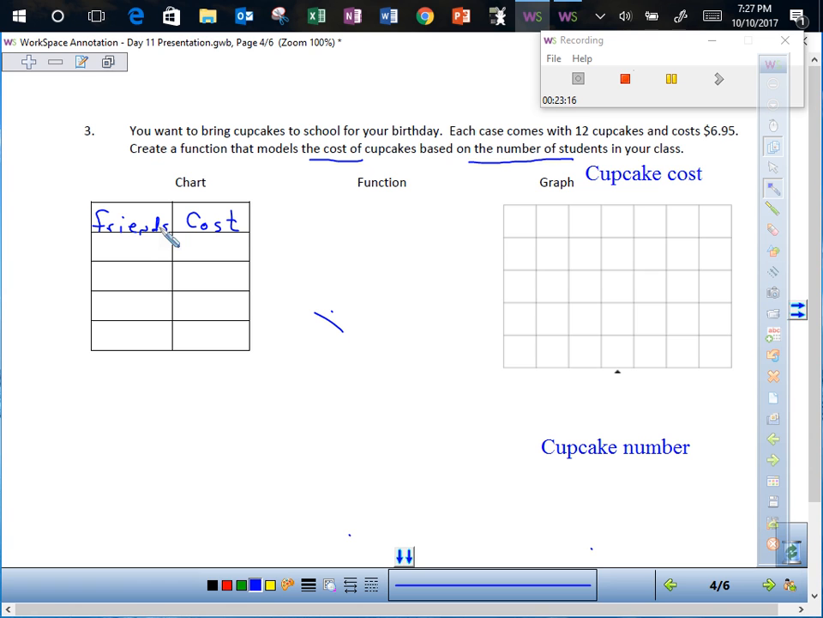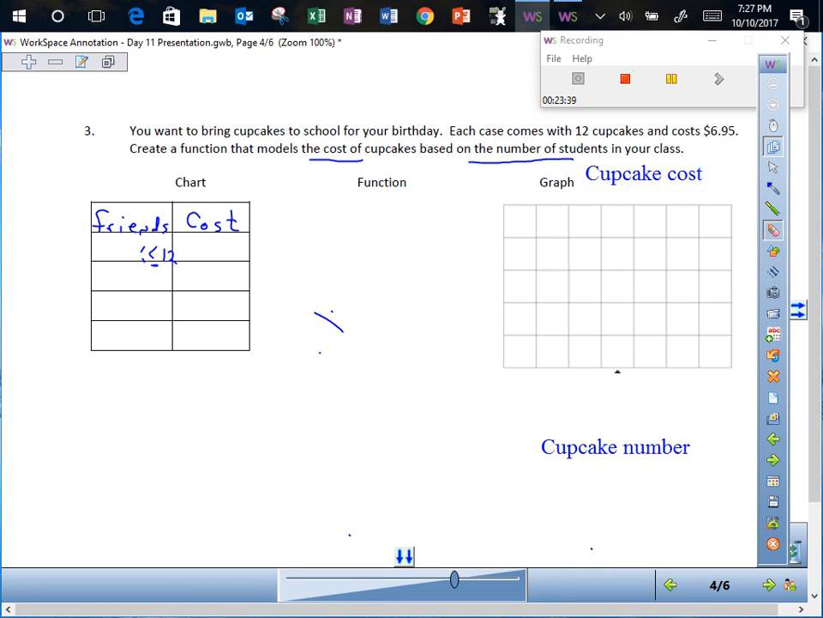Now, think about this. We're going to start at 0. I'm going to have 0 is less than x, which is less than or equal to 12. Now, think about this. If you buy one case, you can feed up to 12 total. So 0 to 12. Now, notice this. I'm going to rewrite that too. Notice this. The 0